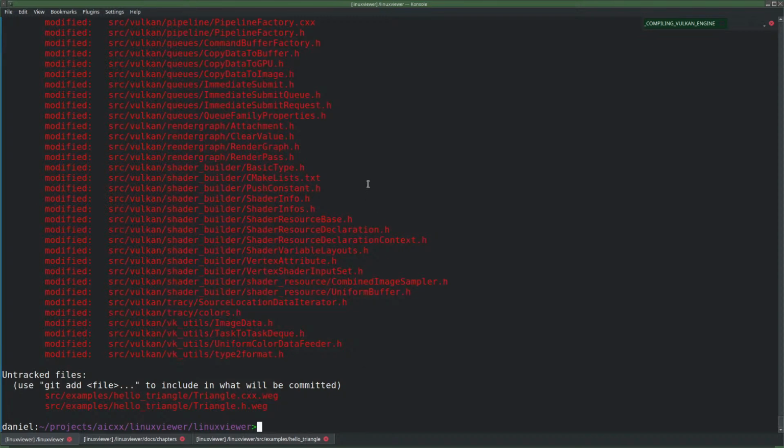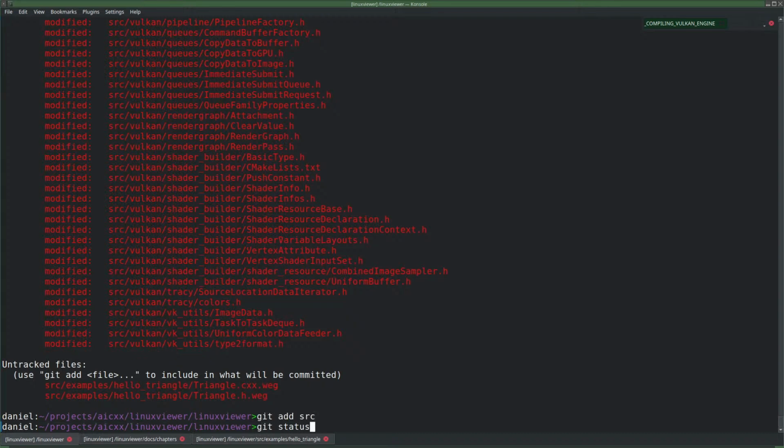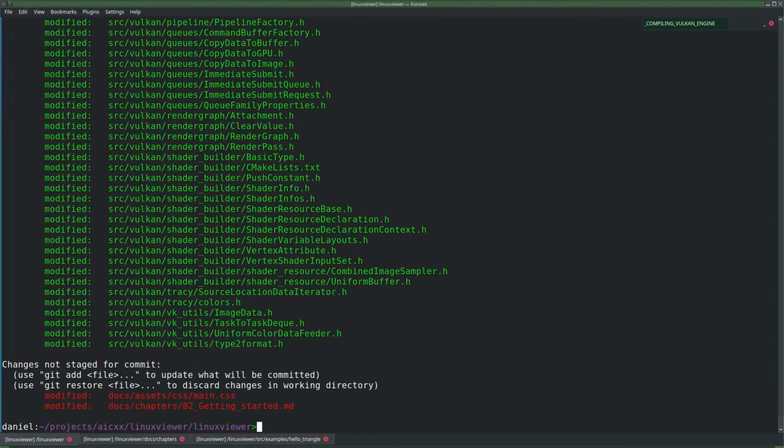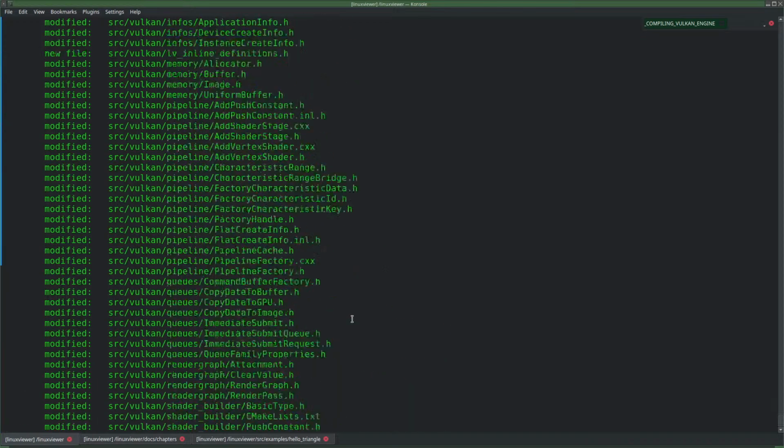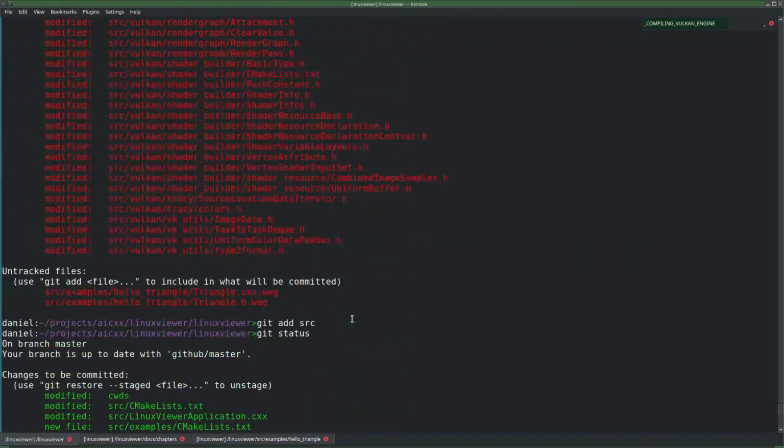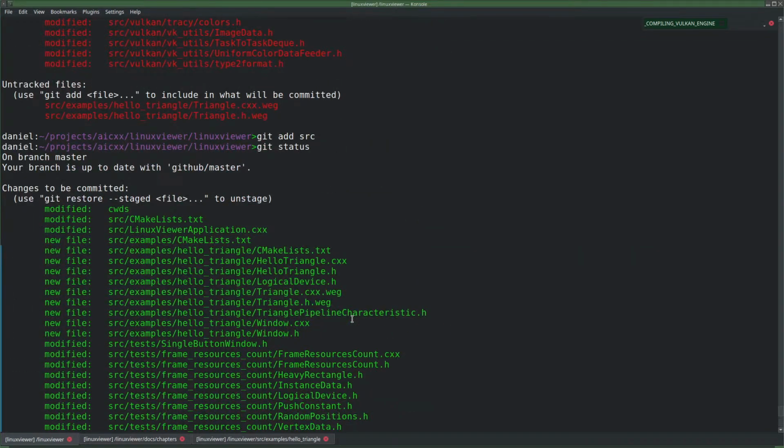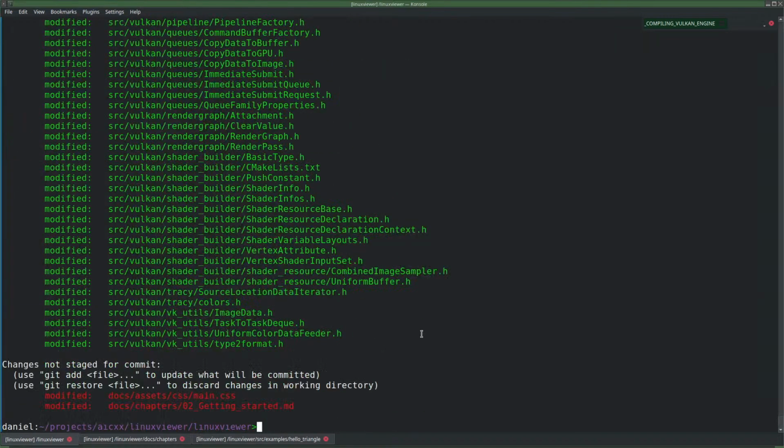Well, actually, everything is in source, so I might as well do git add source. And then everything is added except docs. Commit. Oh, I did add, yeah. Commit, exactly.